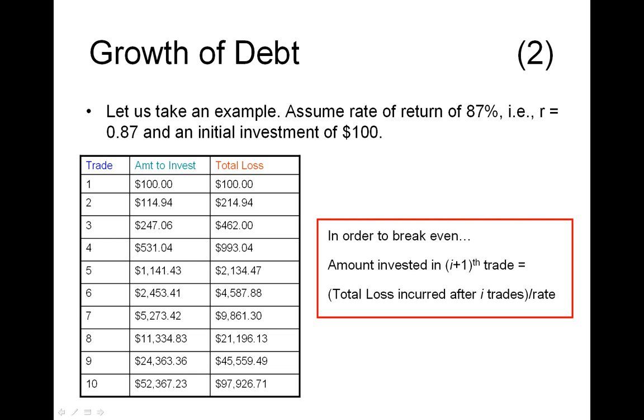But at the same time, if we decide, you know what, I don't want to do this any further, I'm just going to walk away on the fifth trade, I'm not going to go for it, then we know that we've already lost $993. And so there's a big risk that we're going to be like, oh, I can't lose $993. I'm just going to keep going because I have to recover this money. I'm in too deep. There's no turning back now. And that's precisely how people get stuck in this strategy.